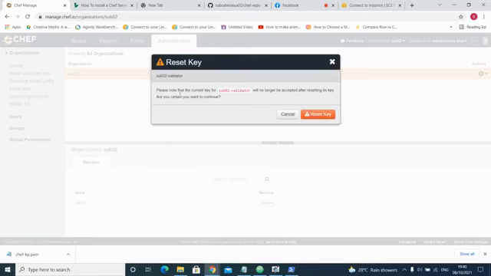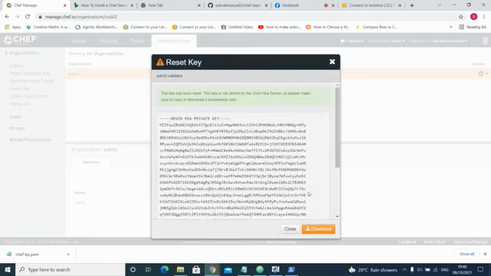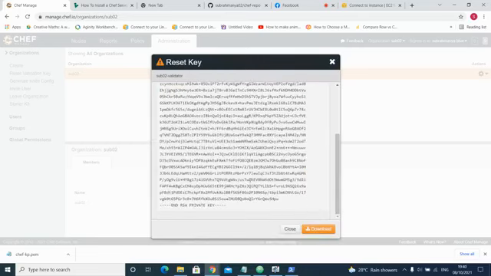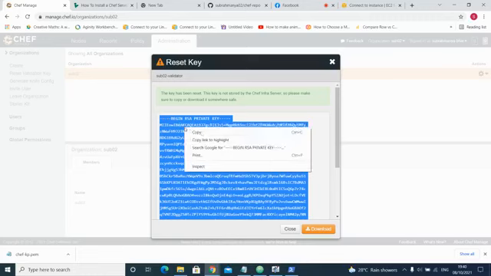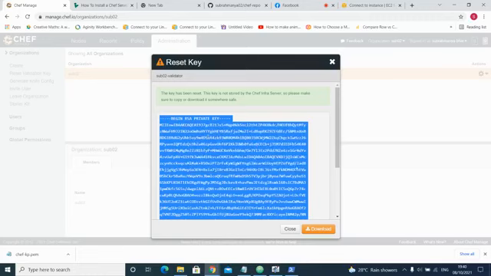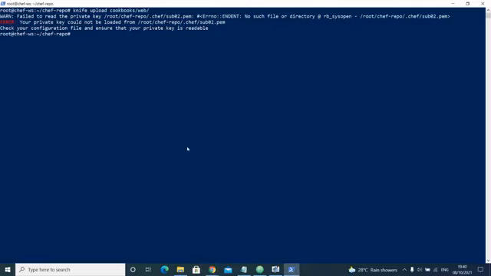Okay, I have to reset. I'll just reset the key and I'll copy it. This is one problem that you often face here. Just copy it and come back and recreate it.